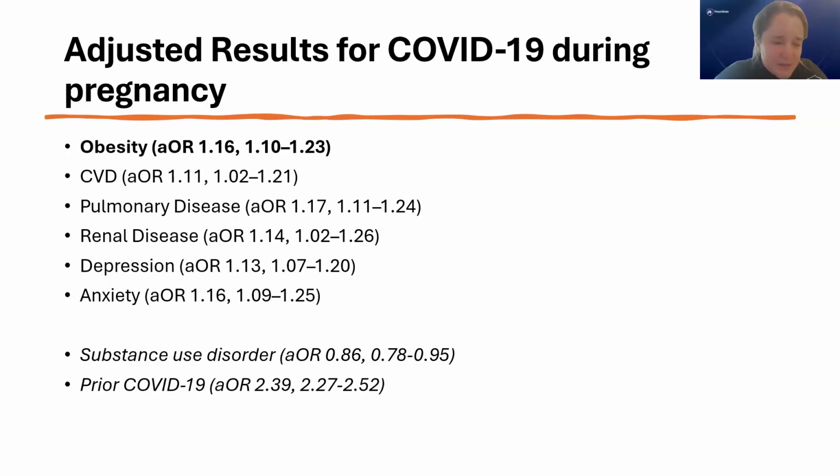What is a little bit interesting to think about is our substance use disorder reverse direction. In the unadjusted analysis, it was a risk factor as kind of more expected for COVID-19, but it became protective. So we're trying to figure that out, and I'm sure it's probably not a real association, but it could reflect differences in testing or something else, or some kind of bias that we talked about earlier in the presentation. So we'll be looking into that.